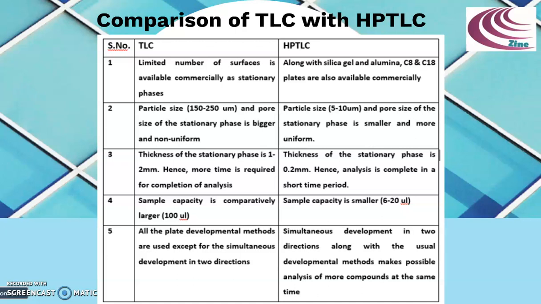A major drawback of HPTLC is the small sample capacity. To obtain optimum resolution and sensitivity in HPTLC, the band should be no greater than 3 to 6 mm in width, and this can accommodate a sample size of only 6 to 20 microliter. For delivering such a small quantity to a plate, devices are required, such as a Hamilton syringe coupled to a micrometer screw or a platinum iridium capillary.